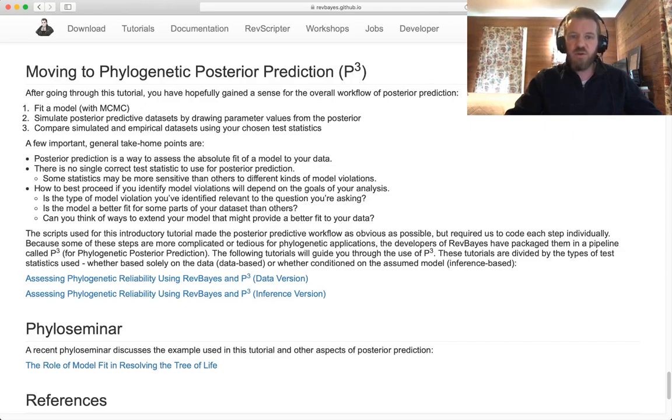There's no single correct test statistic to use for posterior prediction. Some statistics are going to be more or less sensitive to different kinds of model violations. And how best to proceed based on the results of your posterior predictive analysis really depends on what you want to know. If you're doing a study based on molecular evolution, you might design test statistics that probe different aspects of the evolutionary process. Whereas if you're interested in doing a phylogenetic analysis to get a particular estimate of the phylogenetic tree, maybe you want to use test statistics that have to do with the